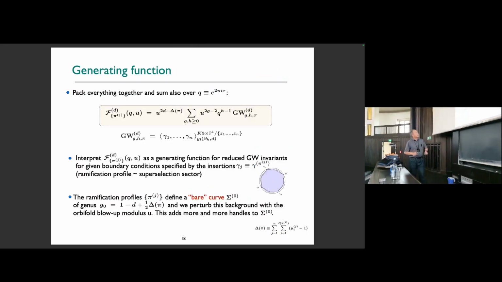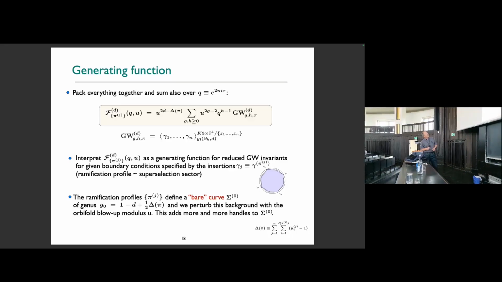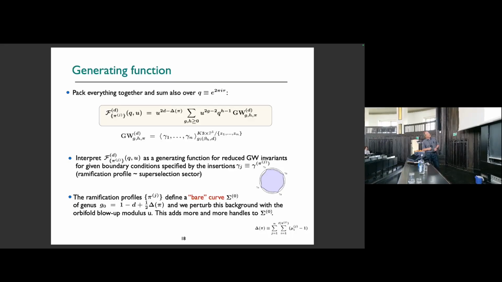So now we have set up the framework. We can define a prepotential or generating function. We can sum also over the K3 modulus. Q is the exponential modulus of K3, and define a correlation function which involves abstract Gromov-Witten invariants, which are these counting functions. And we interpret this as a generating function for given boundary conditions which are specified by the operators we insert at the boundary. So for each choice of operators at the boundary, we get a generating function. And